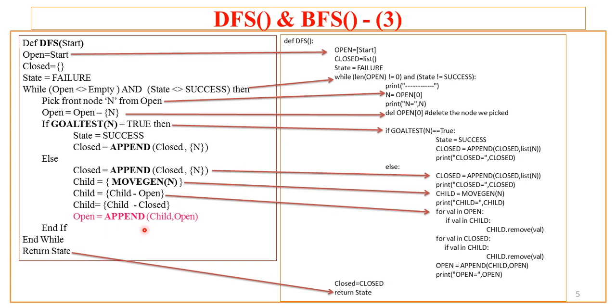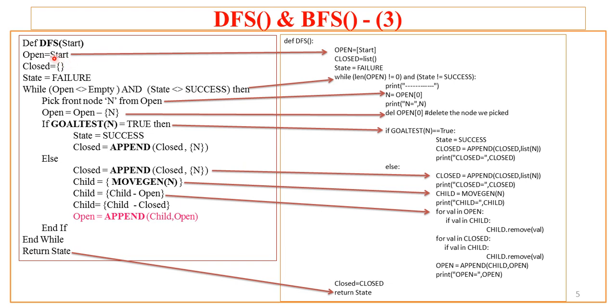But if the elements of the child list are added at the end of open, then open behaves like a queue, and the algorithm works like a breadth first search algorithm. Let us now see the